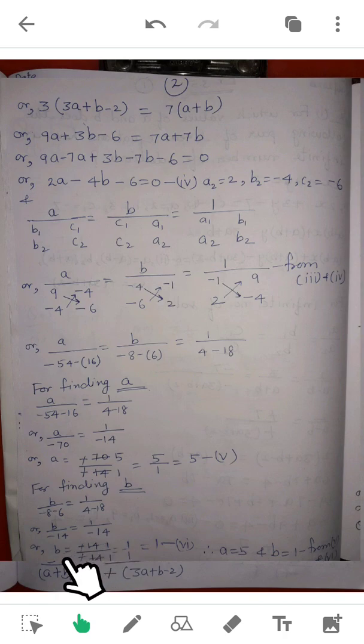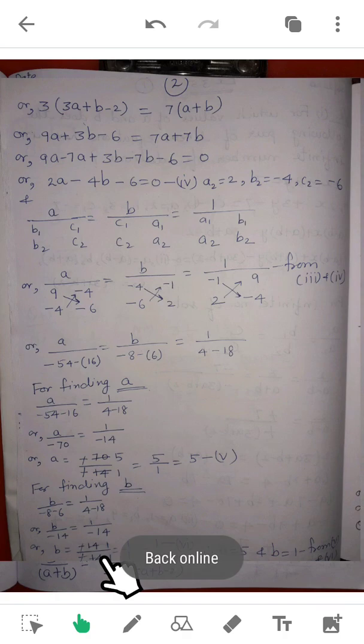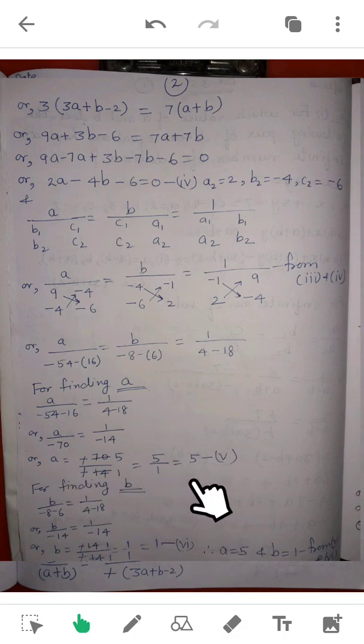Now again see here, as we have to find out value of B, we have to keep it alone. B is equal to, and this minus 14, we have taken it to the numerator of the right hand side. Here it is going minus 14 upon minus 14. Both minus signs will be cancelled out using table of 14. 14 ones are 14 and 14 ones are 14. So 1 by 1, and this 1 by 1 can be written as 1. So from the fifth, value of A is 5, and from the sixth, value of B is 1. A is equal to 5 and B is equal to